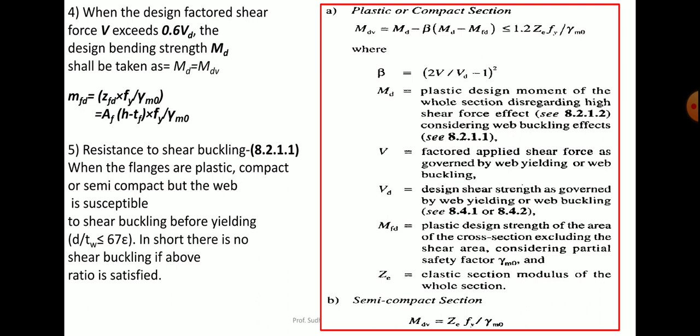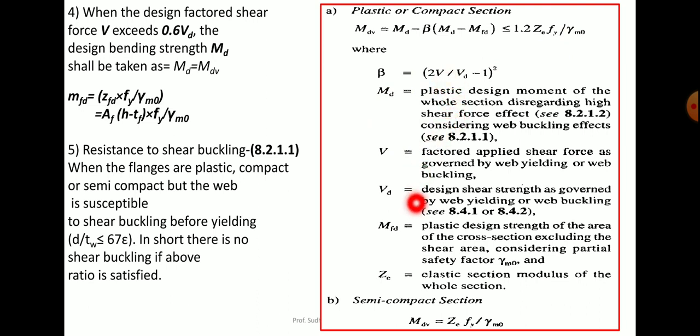Now here for MDV calculation in case of plastic or compact section, the formula is given as MDV equals MD minus beta factor into bracket MD minus MFD, which value should be less than or equal to 1.2 ZE into Fy divided by gamma m0. Now again here MD is your regular calculation, beta factor depends upon your shear force and 0.6 VD value, and